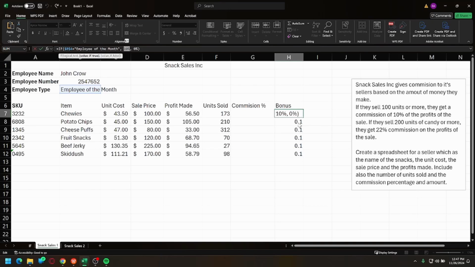So you have to make a certain percentage of sales before you can get the bonus, right? So we could go in and start this over and say, hey, if this thing is equal to, now put it here, employee of the month,